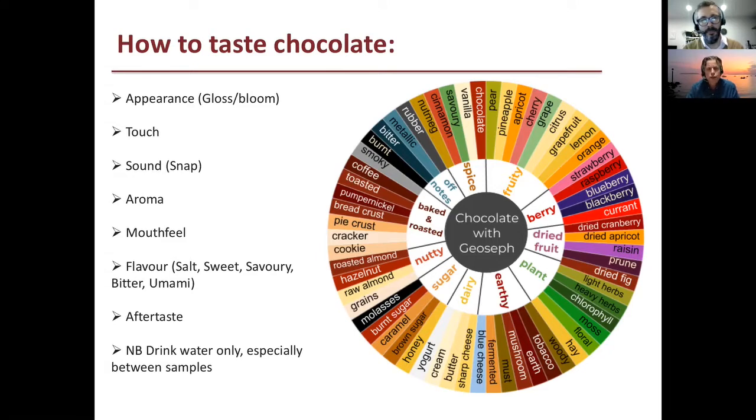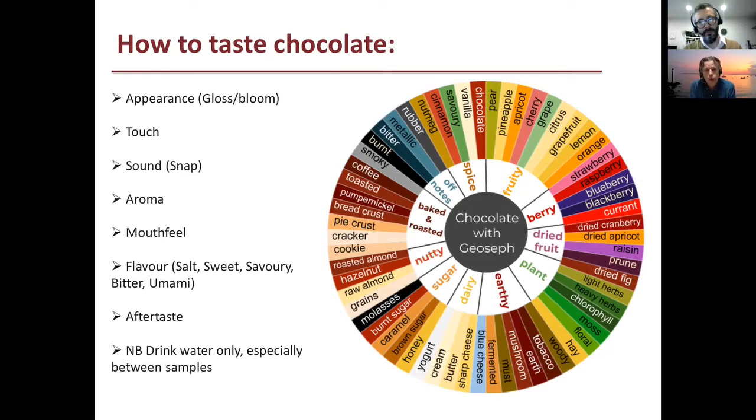Mouthfeel. It should be nice and smooth. The human mouth detects particles around the 30 micron level on average. So when we refine our chocolate, we aim to get the particle size below 30 microns. In America, as in so many things, they do things slightly differently. So chocolate like Hershey, we perceive as gritty because American chocolate is by and large not refined to the same level as European chocolate.